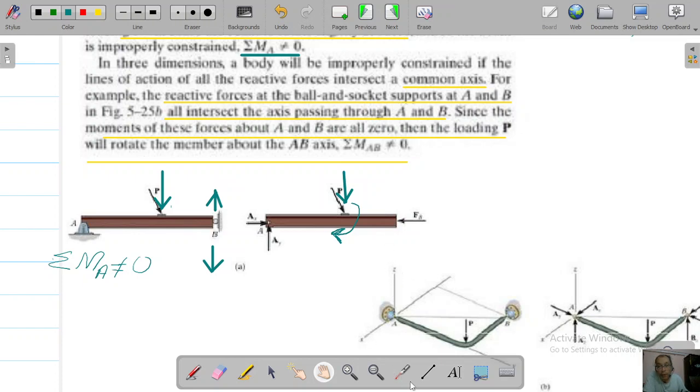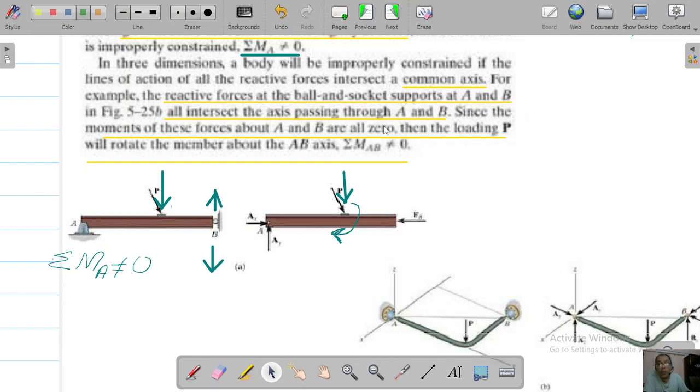And what is our common axis? If you look at it, this is the common axis. They are intersecting at this common axis. So for this scenario, these are the reactive forces in the ball and socket supports at A and B, and since they intersect through this axis passing through A and B,